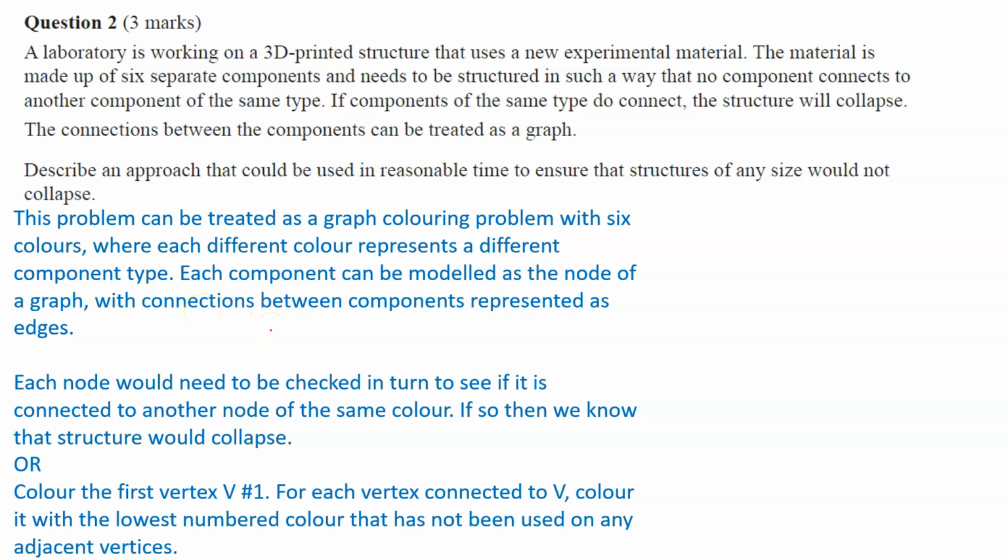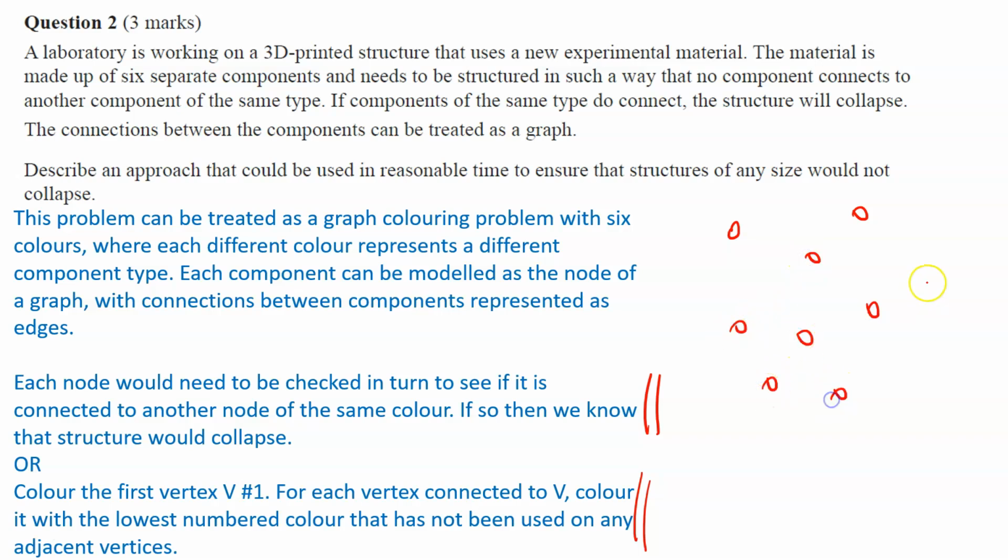Now, there were 2 different ways you could have interpreted this. Either we are checking to see if a given structure satisfies a condition, which is the first bit here, that was accepted, or we do what's called a greedy coloring algorithm, which you're going to see again in this session, even though it's actually in a Unit 4 thing. And I'll just show you what this looks like. So let's imagine we've got our